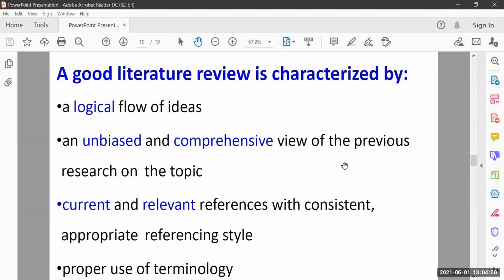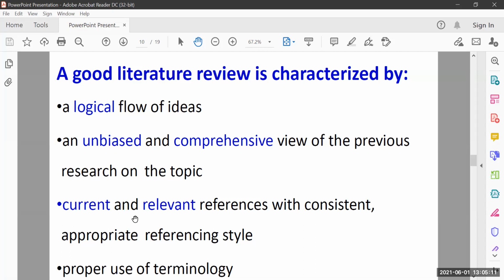To do a comprehensive review for any topic, not area, because area is a very big thing, on average there should be at least 300 to 500 literatures you have already gone through.